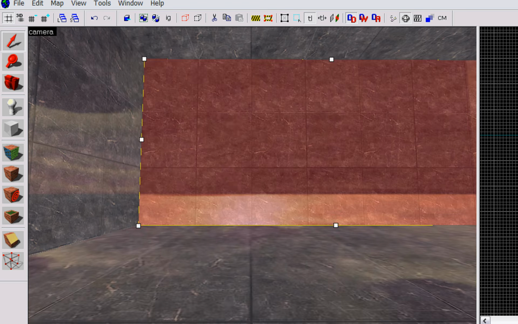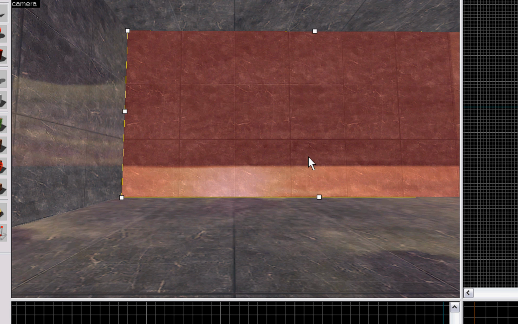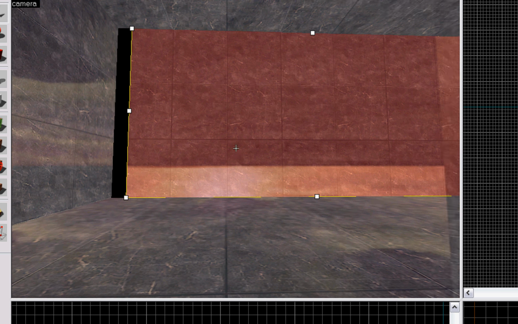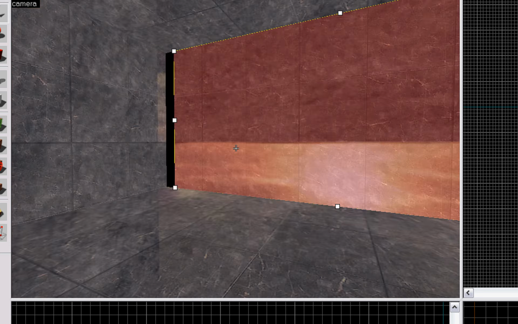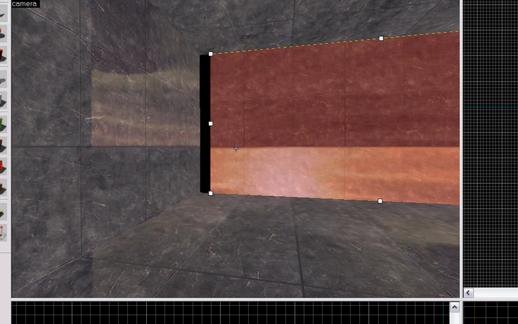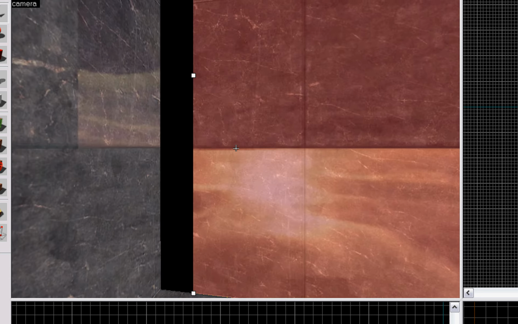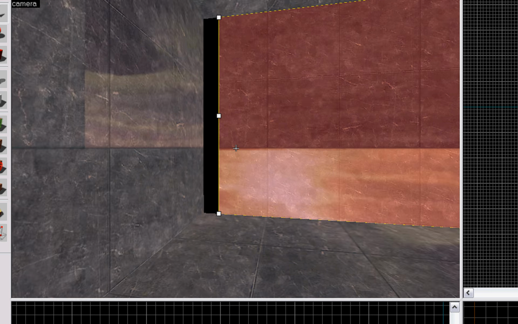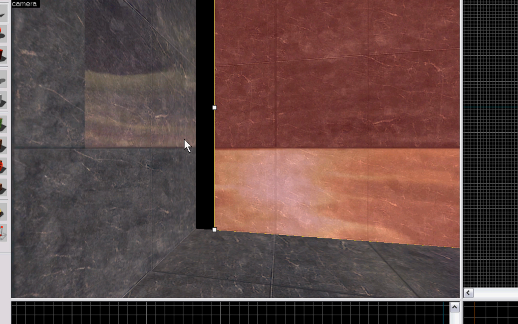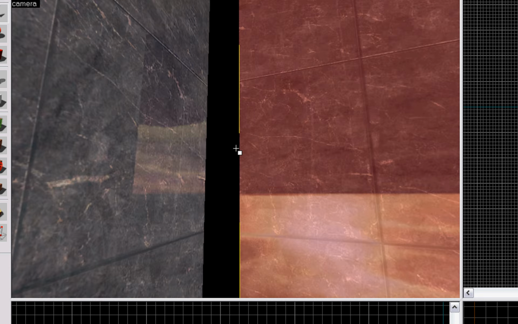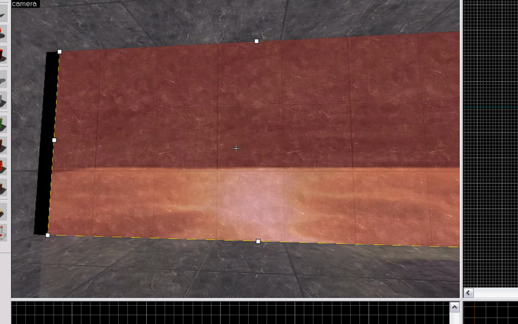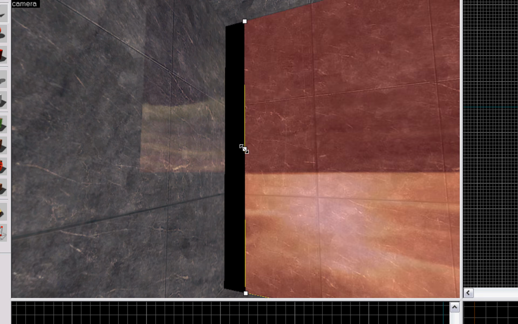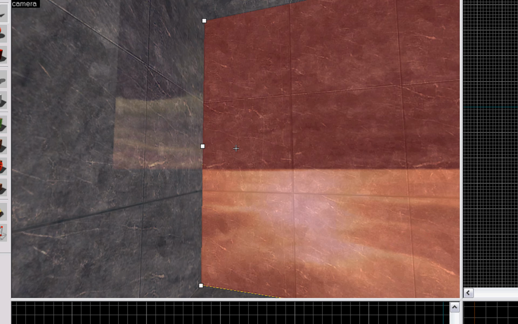Now, if I were to take this wall here and move it, this would not work. It would give you an error. It would usually tell you that there's a leak detected. Now, if you were to run the map, your visuals will get all sorts of messed up with this here, and sometimes it won't even run at all. Sometimes it'll just crash the game. So you don't want a leak. Leaks are very bad. So after this map, I'm going to teach you how to